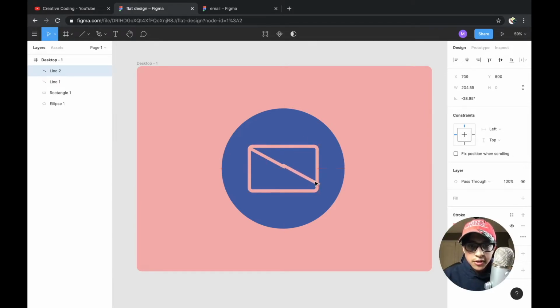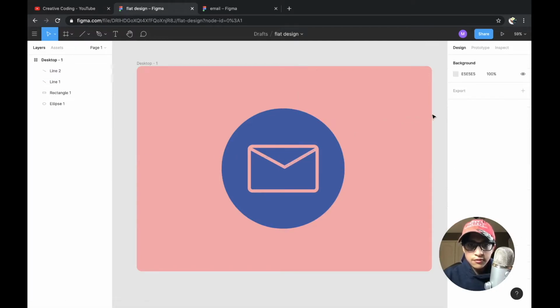So the way we would turn it around is, if you look very closely and you put your mouse right under the block, you should get this curved arrow, and we're just going to click and drag on the arrow until we turn it to the degree that we want. So now that we have it in the degree that we want, we can place it, and I can just make this a little bit smaller so that it fits. And as you can see, we have our basic email